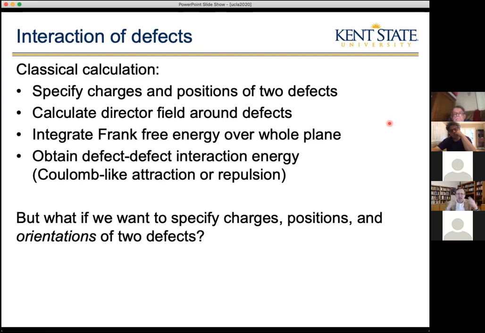That's always a satisfying connection to make. But now, if we think of the defects as oriented objects, we might want to say, what if we don't just specify the charges and the positions, but we also want to specify the orientations of the two defects? It seems reasonable that the energy integrated over everything would depend on the relative orientations. So to figure out that dependence,